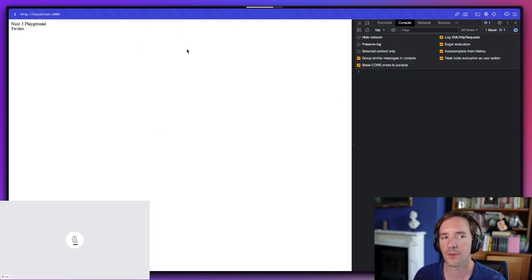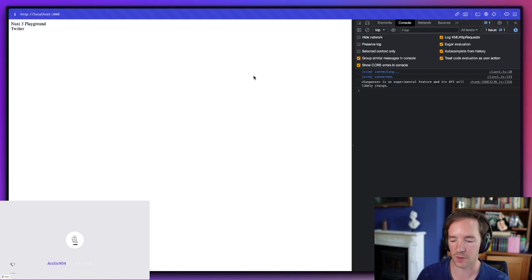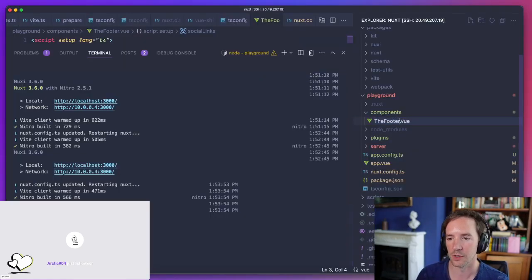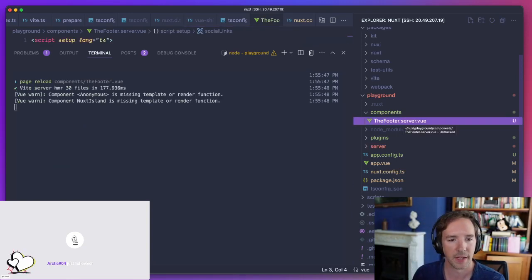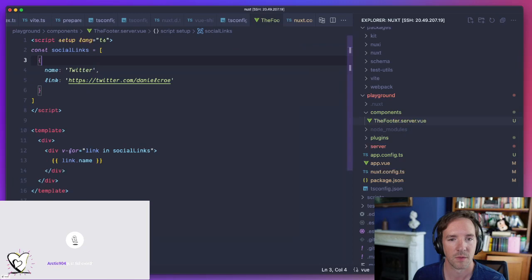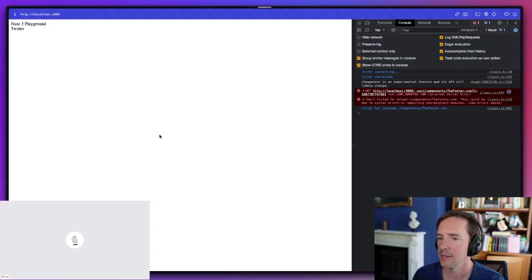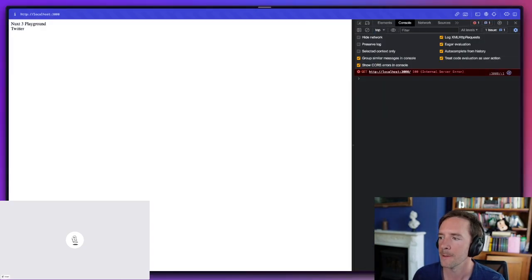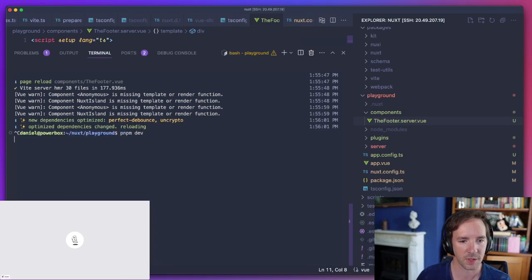Now say I've got my app running and I don't have any server components. The only thing I need to do to make this a server component is to add a .server extension. Now that's a server component, and it should render fine. I'm not sure what those errors are, probably because I've just restarted it. Let's reload the page. Oh dear. I very strongly suspect I just need to restart the server, but let's see.